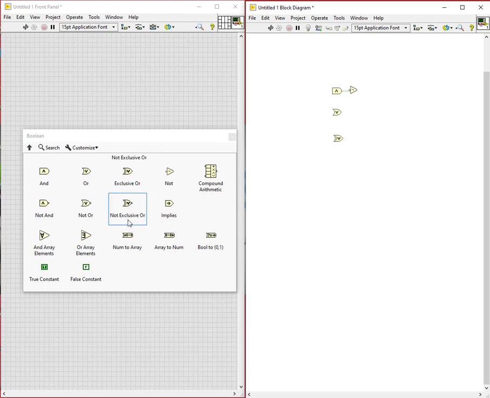You know exclusive OR is an entirely different one, where if the two inputs are the same then it will be false, and if the two inputs are different then it will be true. So NOT of exclusive OR usually gives the reverse of it. It gives true only when the two inputs are the same. If it's 0 0 it will also give true, and if the inputs are different then it will give false.